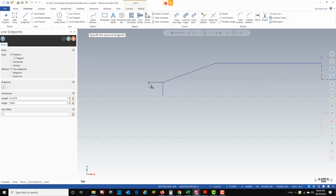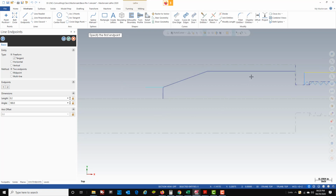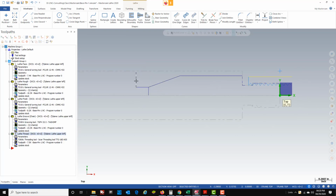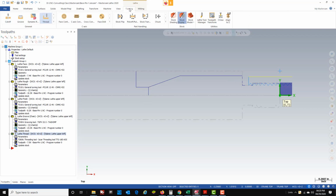Line. I'm going to go ahead and extend this out 200 thousandths, so length of 0.2. Okay, now to make sure that I rough all this extra stock, I'm going to draw this line up to the edge of the stock. So we'll green check that. Now those are the lines we're going to be using in order to rough and finish this part. So turning,